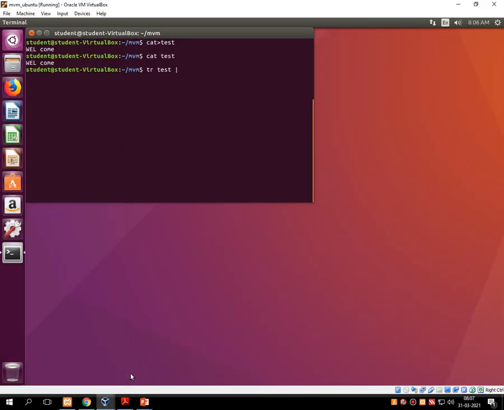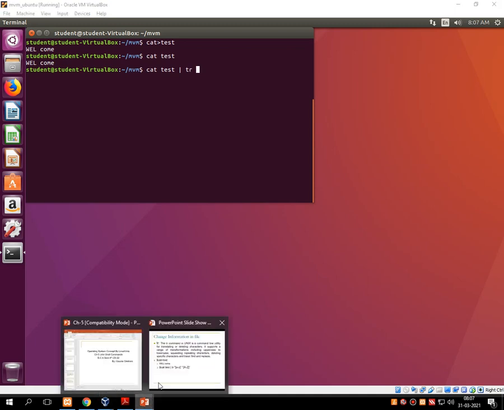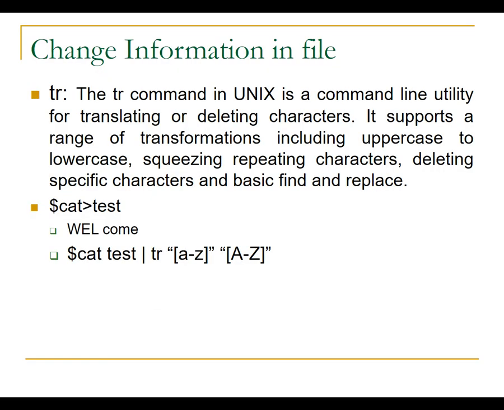One mistake is over here, let me write again. First is cat, then test, then the pipeline operator, then the tr command, then a space, in double inverted commas,